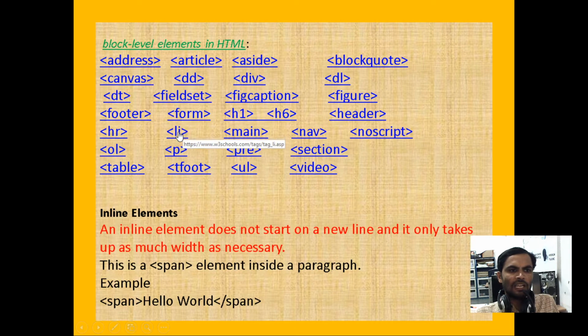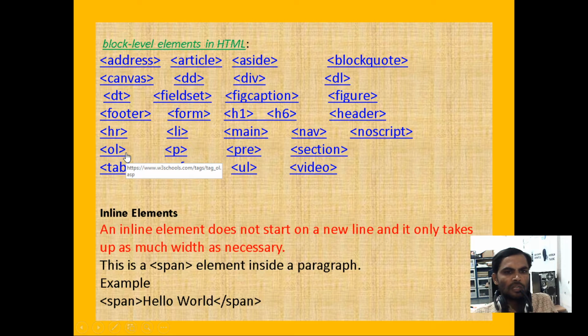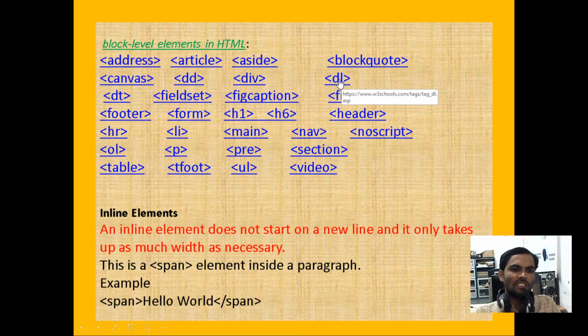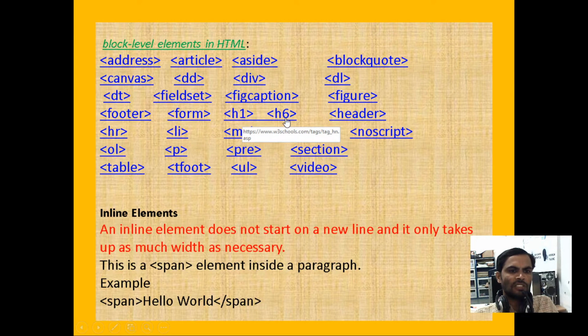The heading tags, H1 to H6, that we learned about also come under it. Form also comes under the block tag.